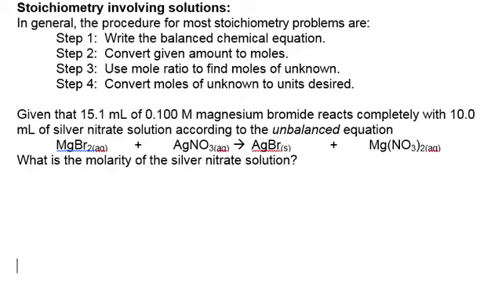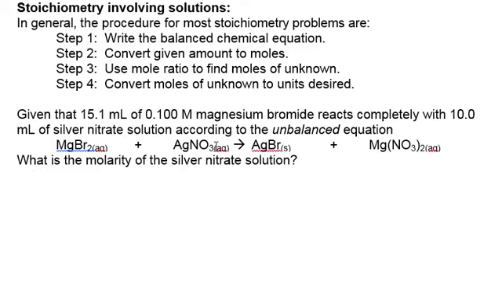So in our example question here, we've got 15.1 milliliters of 0.1 molar magnesium bromide reacting with silver nitrate solution, and we've got the unbalanced equation. So if step 1 is write our balanced chemical equation, that's the first thing we need to do. So if we look at the substances we have there,